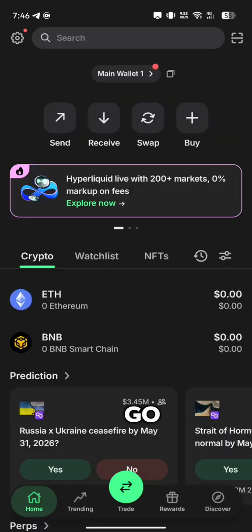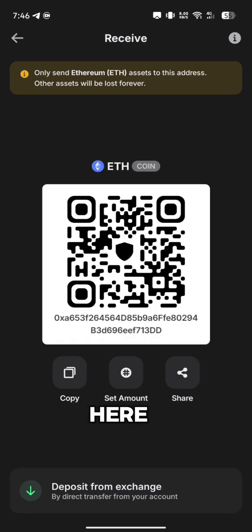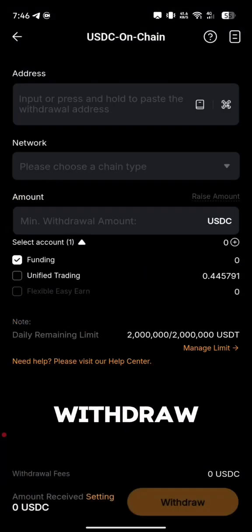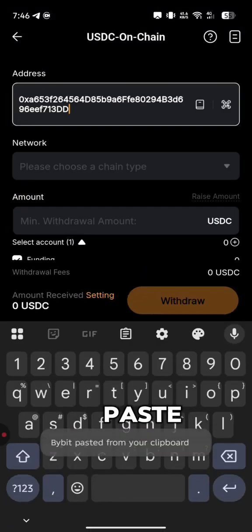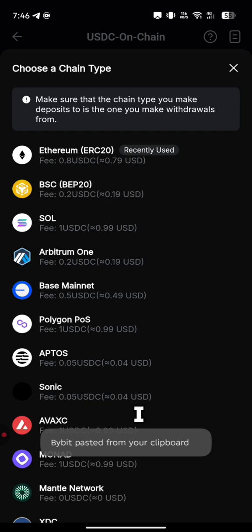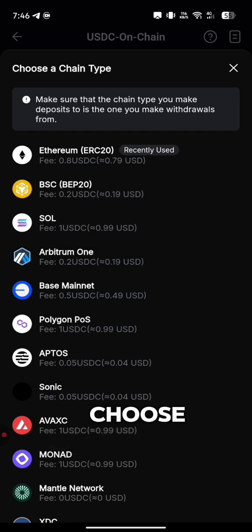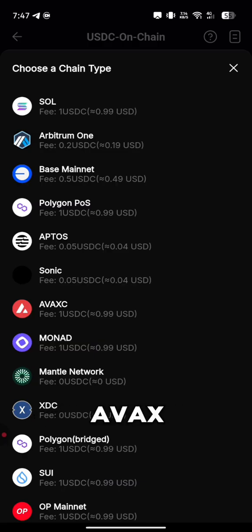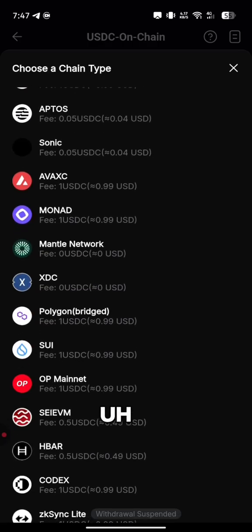But whether I copy the USDC address directly or not, if I tap the Ethereum address and go over to my Bybit here and withdraw USDC to that address, paste, and choose network, if I choose Ethereum, it will reflect. If I choose BNB, BEP20, it will reflect. Arbitrum, Base, Polygon, Avalanche, that is AVAX, you are seeing there, Polygon Bridge,